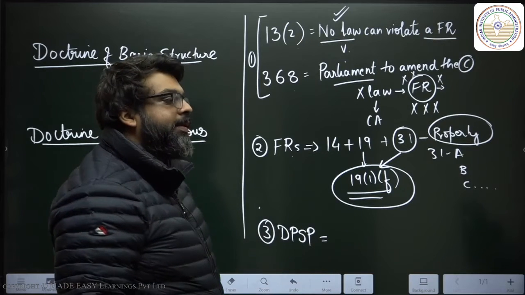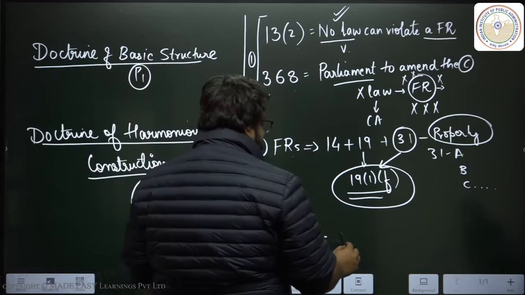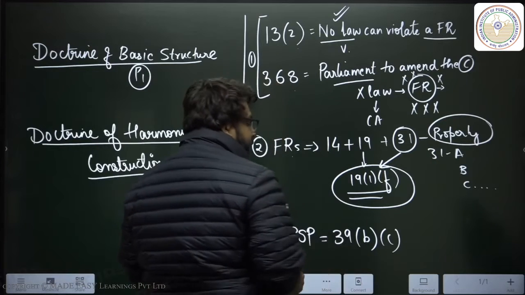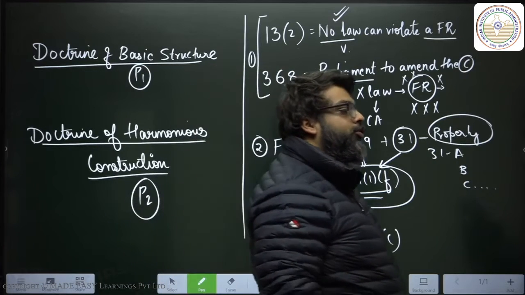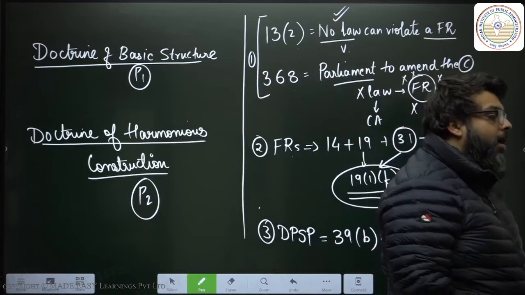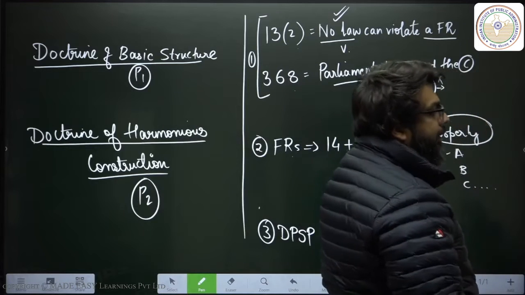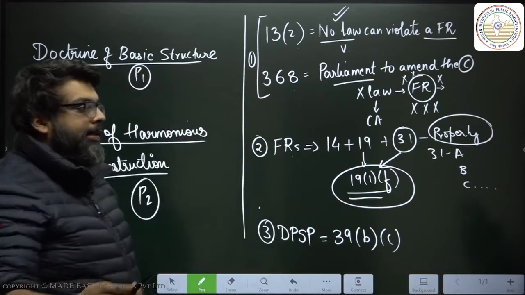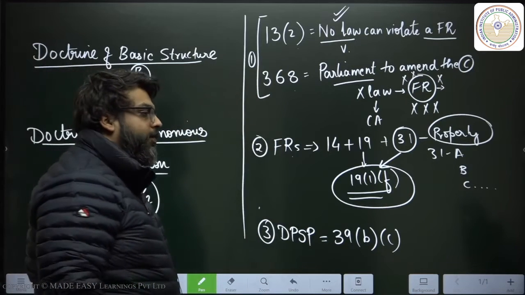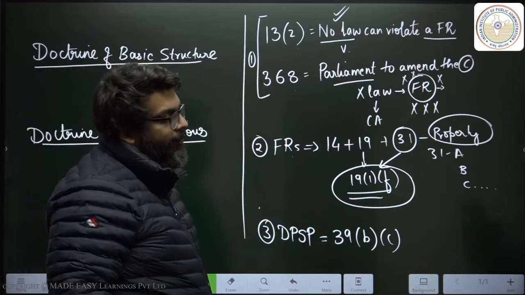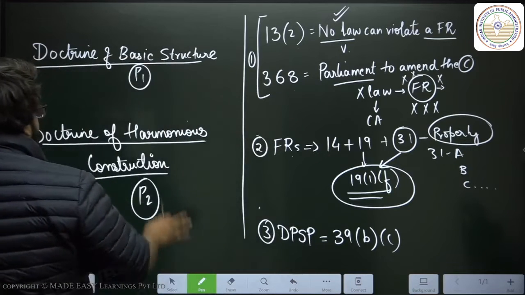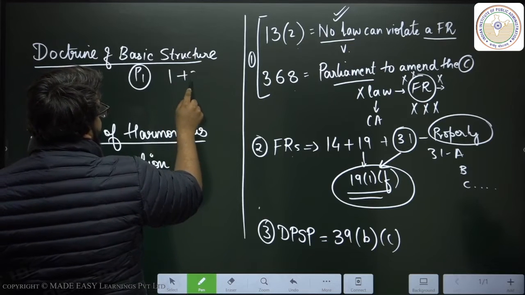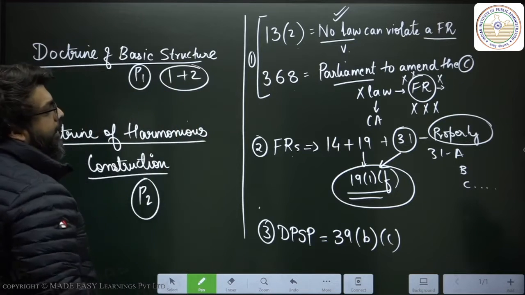Now the directive principles that are going to be involved are 39B and 39C, which primarily refer to the socialist principles, wherein the state should do something to prevent concentration of wealth, which is 39B, and 39C is to try and provide for equal distribution of resources. So in our first doctrine, we're going to see 1 and 2, which are going to be applied.